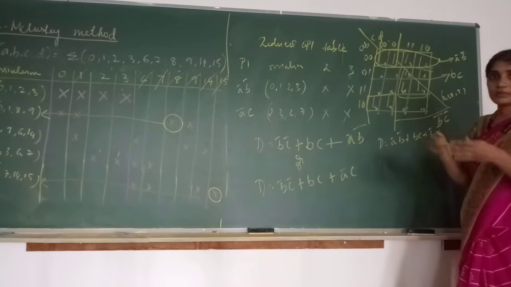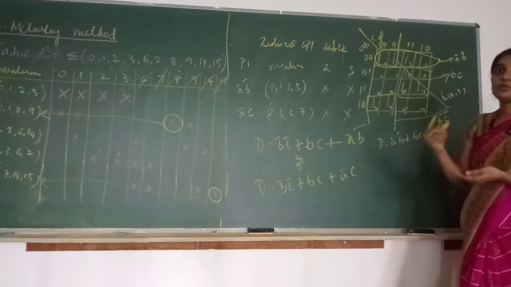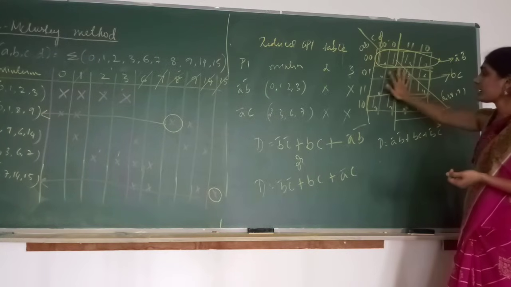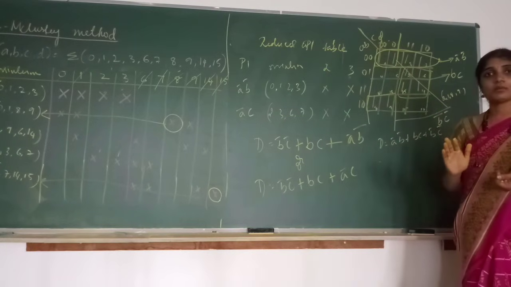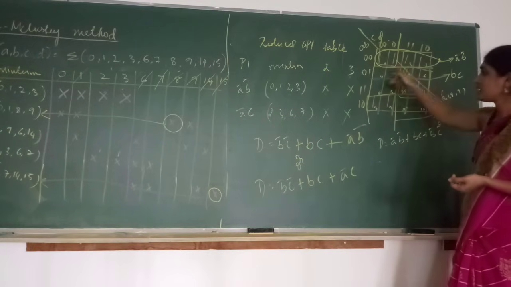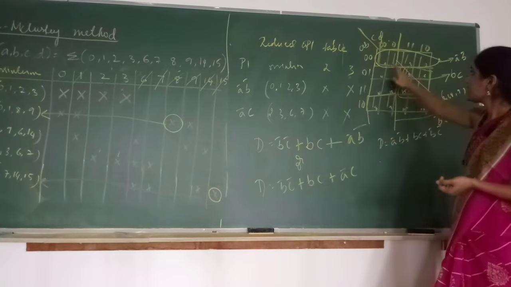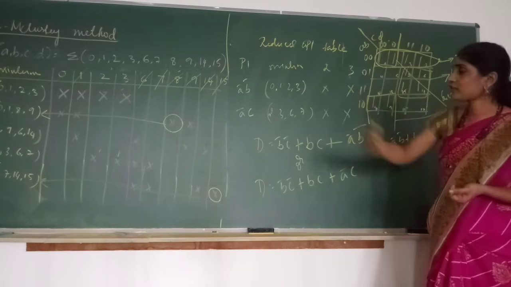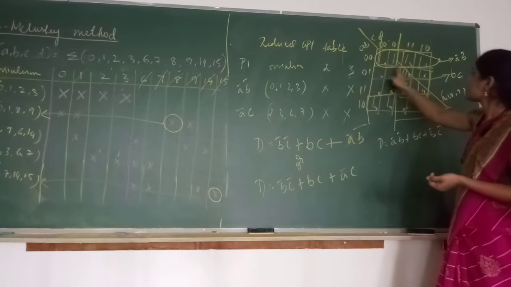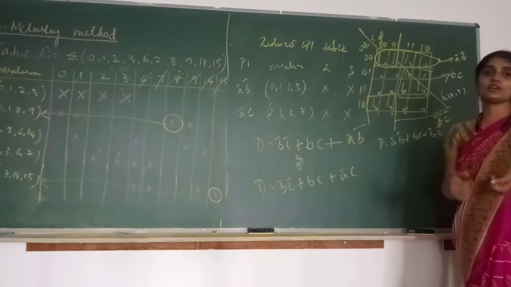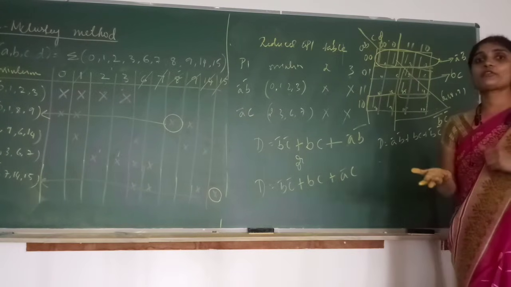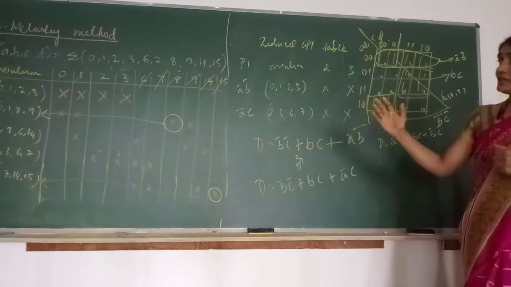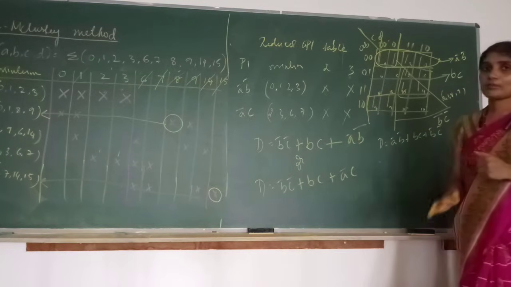Whatever we did for around the last 45 minutes, within one step we have got the answer using K-map. Whatever grouping we do in K-map, the same grouping we have done using the Quine-McCluskey method: 0, 1, 2, 3; 0, 1, 8, 9; 6, 7, 15, 14; or 2, 3, 6, 7. It is a different technique of grouping the cells, but it takes a lot of time to get the final equation. But you can always cross verify the answer by using K-map.